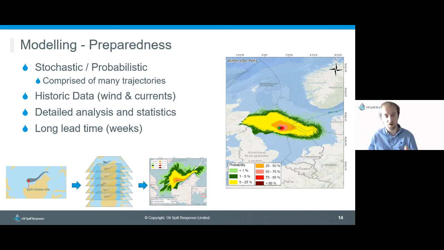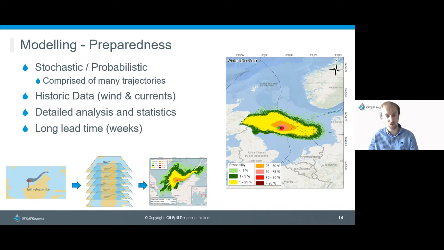And from that big stack of different outcomes, we can then do a whole series of analysis and produce some stats that help us answer questions like, what is the possible range of impact of this spill? What's a more likely outcome that's going to happen? Where's the oil most likely to travel? What does a particularly bad outcome look like? What does a good outcome look like? As well as producing maps like you see on the right hand side here, which do need a little bit of careful interpretation, because this isn't showing us the impact of any one oil spill. This is an amalgamation of those hundreds of spills, all